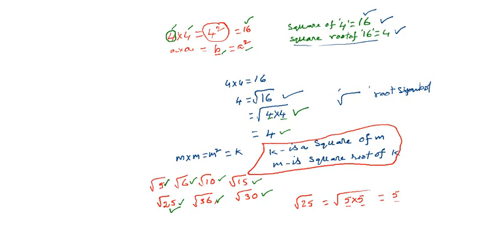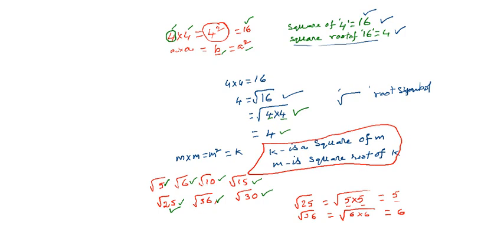What about 36? You may observe 36. 36 may be written as the product of two equal factors. It is also possible. Which table? 6 into 6. That gives us 36. 6 sixes are 36. So the square root of 36 is written as square root of 6 into 6. If there are two equal factors under the square root symbol, we take one digit, that is 6. So here 6 is called the square root of 36. 5 is called the square root of 25.